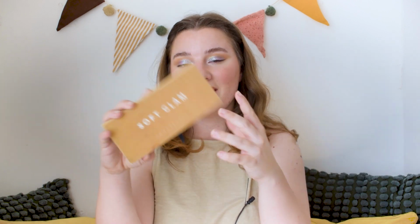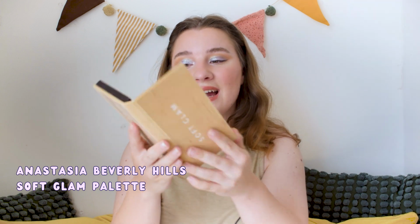And then we have the eyeshadow palette, and one of you guys in the comments was very kind to let me know that I actually penned an eyeshadow and I forgot to mention it. I was thinking that I was probably going to mention it right now, but apparently it was already penned in my April update. So thank you to Soft Allure for letting me know. So yeah, this is the Soft Glam palette, and I am very pleased to tell you that we have 5